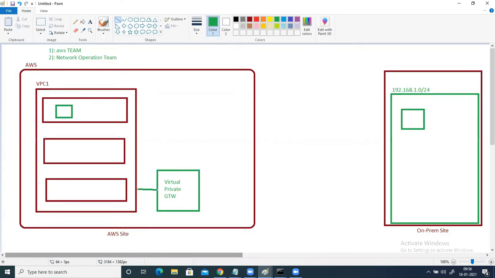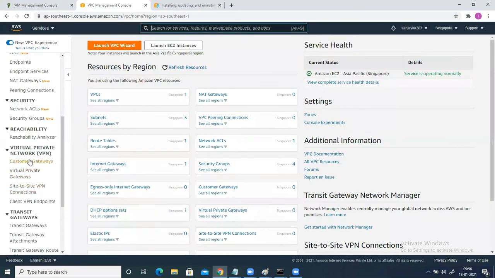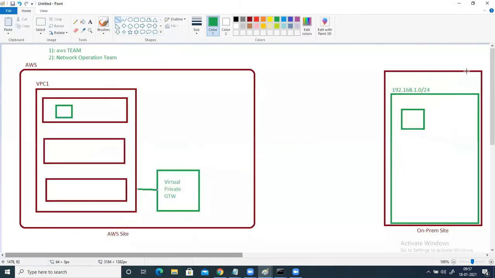Second thing, in this corner you will find something called customer gateway. So what is this customer gateway? In the on-premises environment, you will have a VPN device, and this VPN device will be used to establish the connectivity, because you are not creating the VPN connection only for the AWS environment. You can create the VPN connection for Azure also.